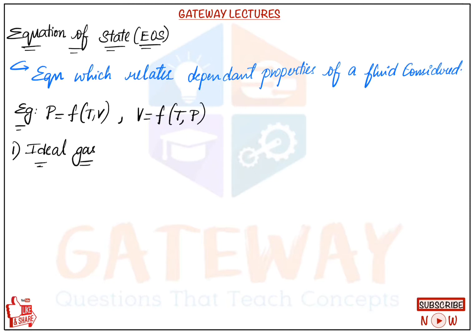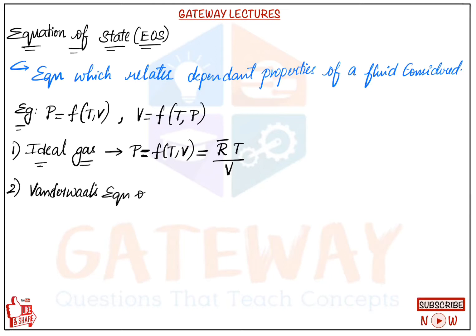Also, initially we'll take what an ideal gas is. The ideal gas is the simplest equation of state we said, and since we are talking about a gas, the pressure is a function of temperature and volume. So this will be our equation of state, and that relation was given as P equal to R bar T upon V. So for 1 kg mole of an ideal gas, the pressure is equal to R bar T upon V.